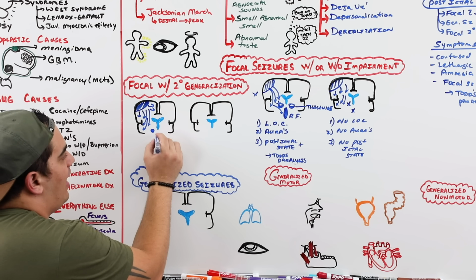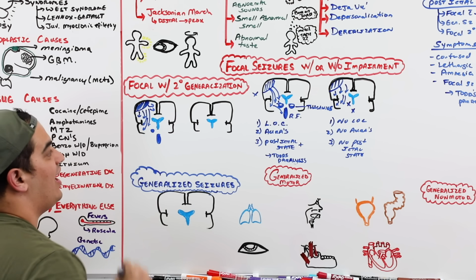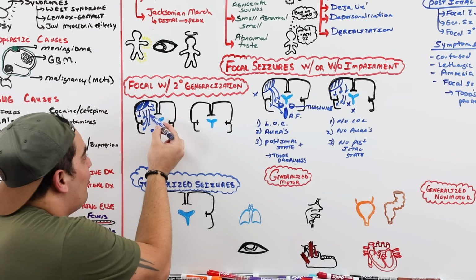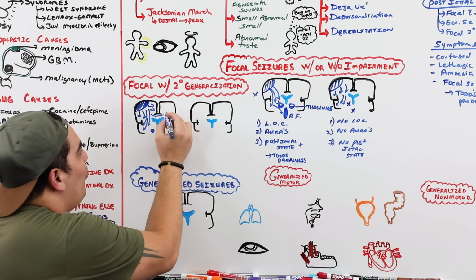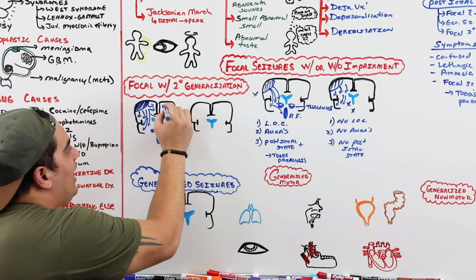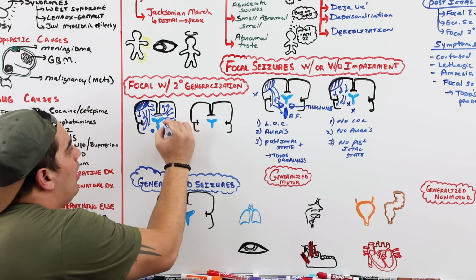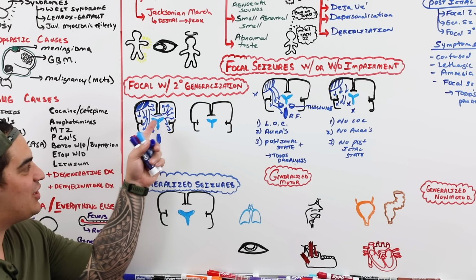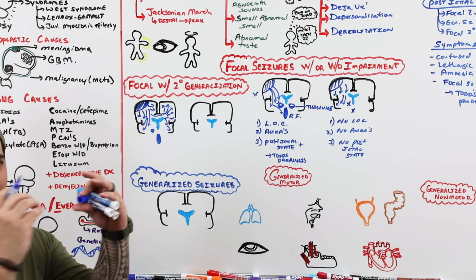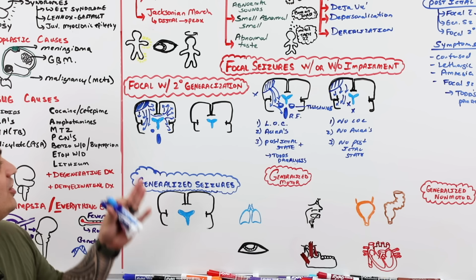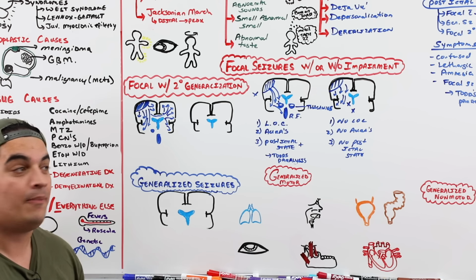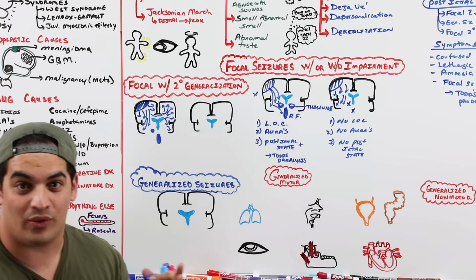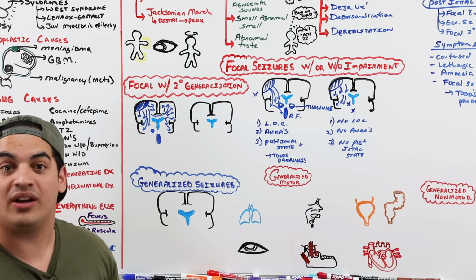Even comes down and involves the thalamus and the reticular formation. So now you get impairment. But then enough electrical activity can pass from one cerebral hemisphere over into the other cerebral hemisphere. Now you get this abnormal electrical activity in both cerebral hemispheres because it passed through the corpus callosum. The corpus callosum is a commissural fiber connecting both cerebral hemispheres. So if these focal seizures are powerful enough that they cause impairment, and spread through the corpus callosum enough to involve the other cerebral hemisphere, now you have bilateral hemispheric involvement.